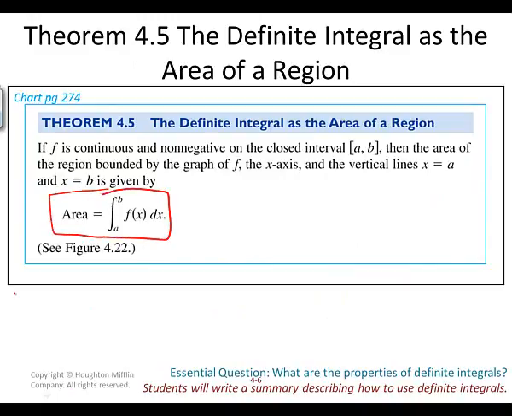Yeah, so in order to find the area of a region, instead of doing rectangles, we can now use